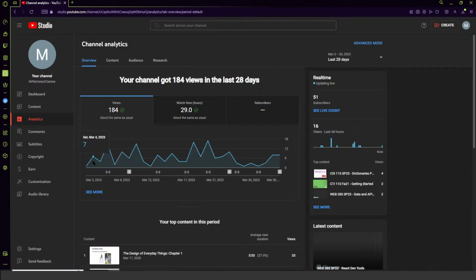One of the things that I really like about this graph is that it shows you views and watch time in relation to when videos were posted. So you can see how many you got off of a new video being posted versus how many you got off of just in between times. How many people find your video in between postings and watch it.